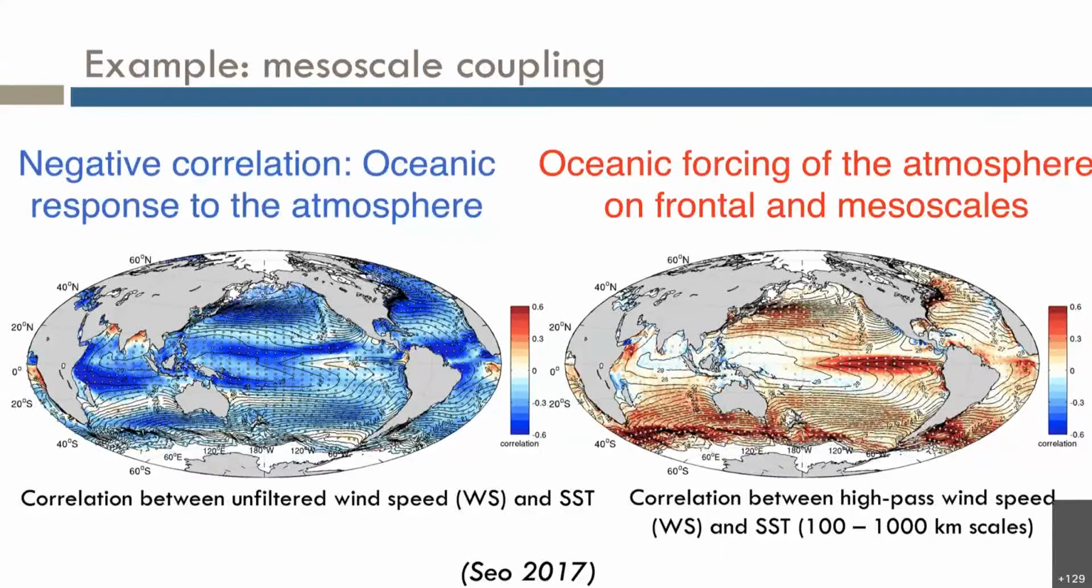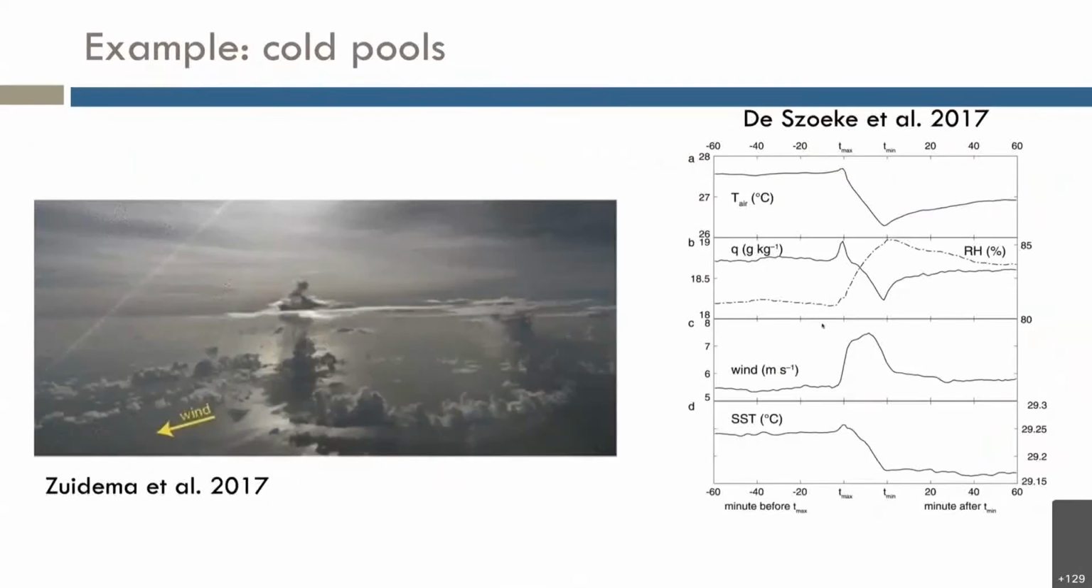And you get an oceanic forcing of the atmosphere on frontal and mesoscales. And this is from a paper by WHOI. And so the whole idea of how this coupling is playing out, and on what scales, has really changed. One other quick example are cold pools, for instance, on the atmospheric side, which have become of real